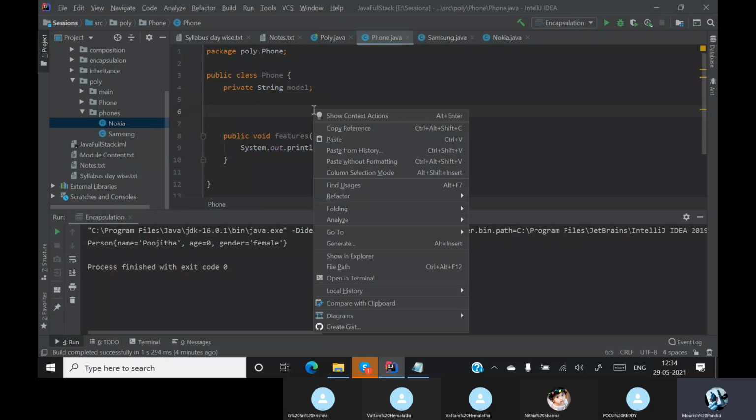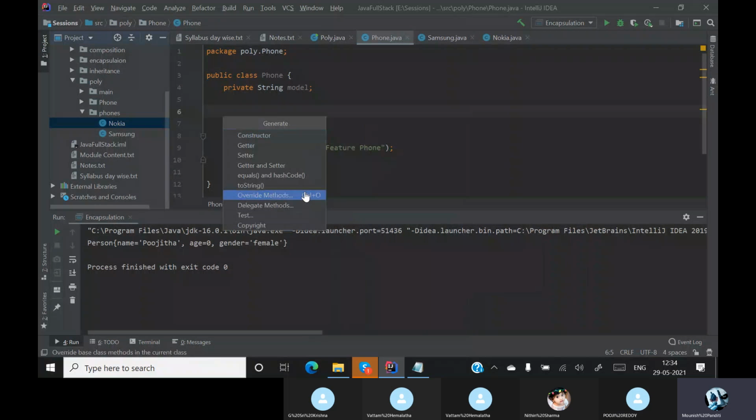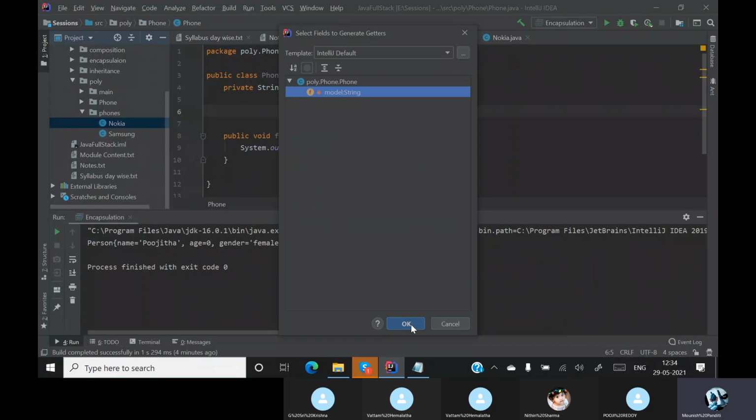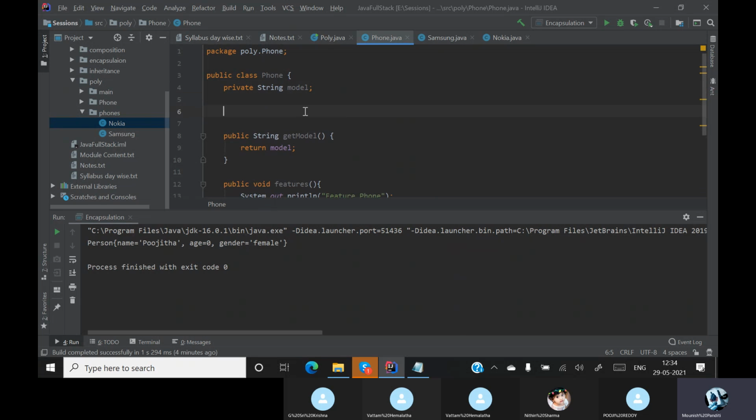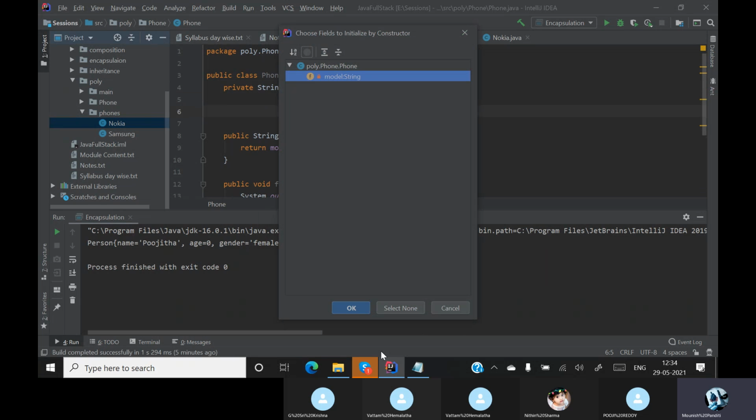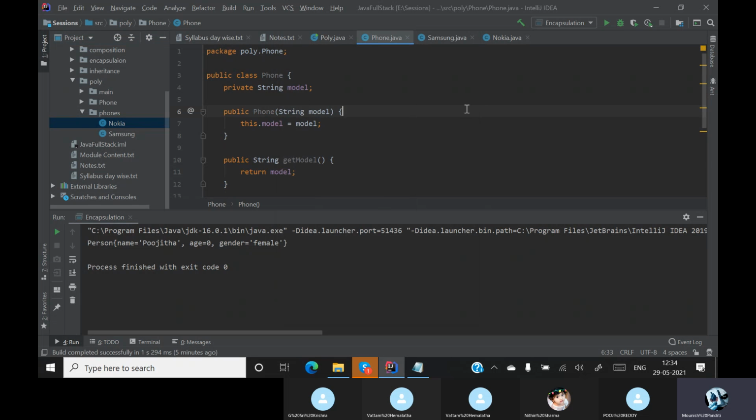Okay, so since I am having a model, I'll generate a getter method for our model so that we can access our model. Okay, and I'll have a constructor with the model. Done.